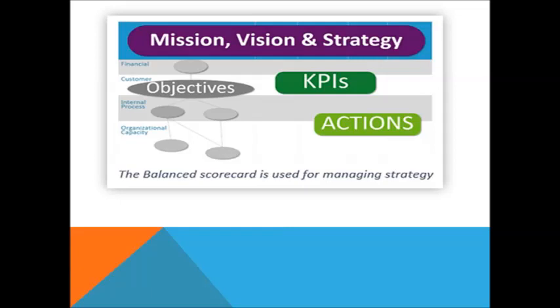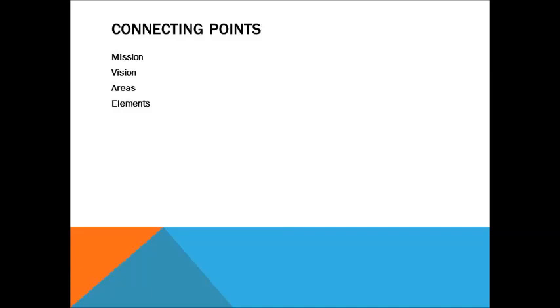So that is one thing. Next, we have to understand the connecting points, whether there are any connecting points between the KPIs, the four perspectives that we are talking about, as well as the business strategies that are present. And here we will see that yes, there are certain connecting points. Number one, first and foremost, if we look into the chart, I have already showcased that the bigger picture being presented is through the mission, vision, areas, and the elements. So these are the four connecting points.